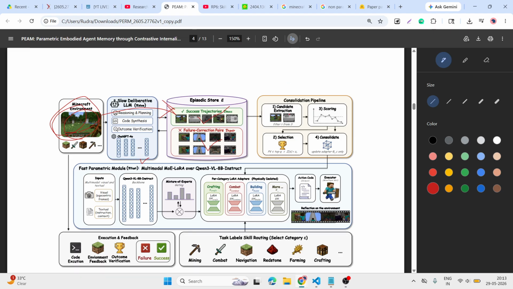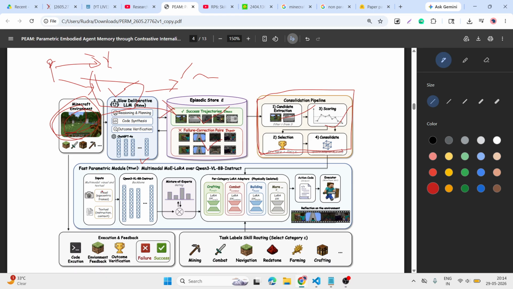We do this in a gradient descent way. After that we find out some pipelines, meaning which pipeline works. Similarly, if one guy goes in this direction but fails and is rejected, then he goes in this direction and succeeds. Then they save this path so they can reach it again and decide where to go. Similarly here, they have selection, conditional extraction, scoring, and consolidation.